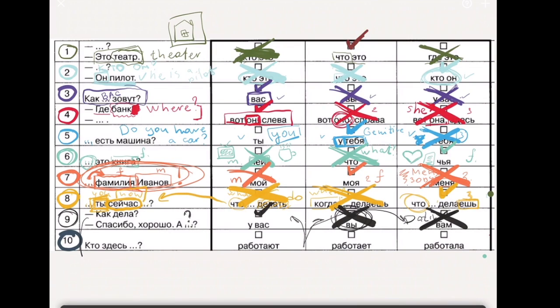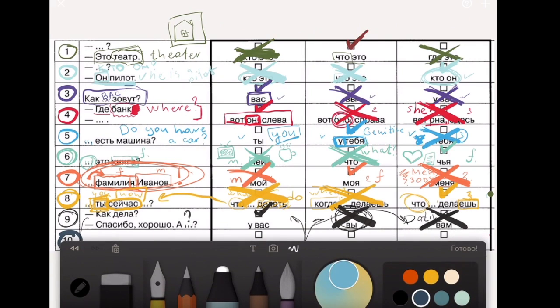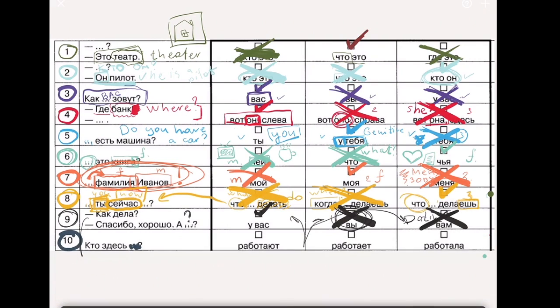Who is here? Кто здесь? Something, doing something. Wait a second. So, кто? Who? Здесь. Here. And something. Let's look at the verb. Работают. Работать means to work. So obviously they ask who works here. We just need to understand which ending is correct. So number 1,